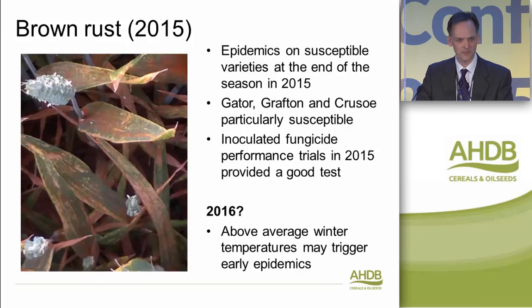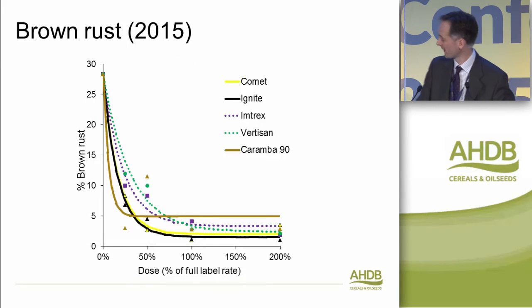It's been incredibly mild the last 6 or 8 weeks, and these are conditions very similar to what we saw in around 2007, where we had devastating brown rust that came in early and was very difficult to control for the whole season. If things continue as mild as they are, I wonder whether we shouldn't be keeping an eye out for that. Certainly in 2007, early treatments, T0 azoles, had a big positive effect on controlling brown rust. If we look at activity as tested in 2015, this is what we saw.